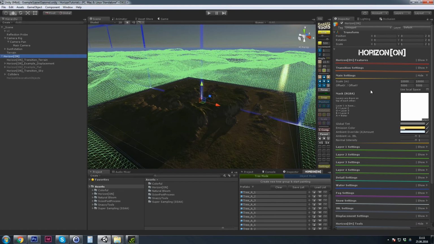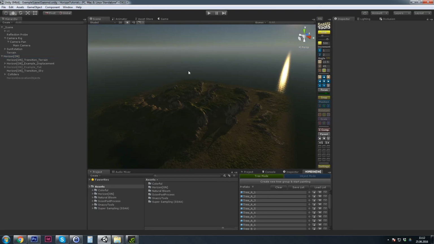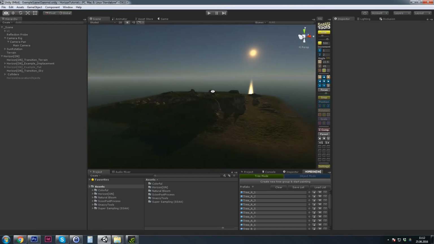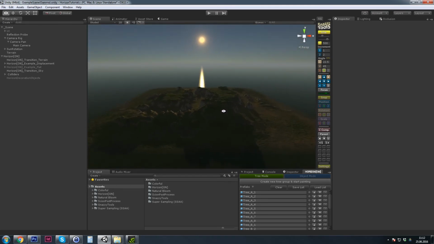for Horizon. As you can see, currently we have only a completely white mask, and since it has an alpha channel that is also white, we can see that Horizon is completely filled with water. So, what I do